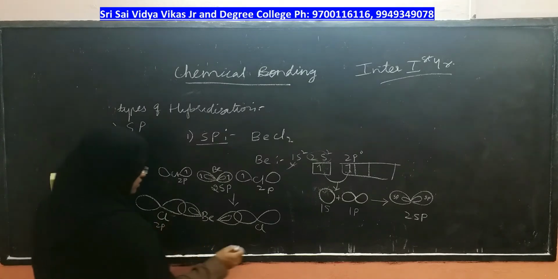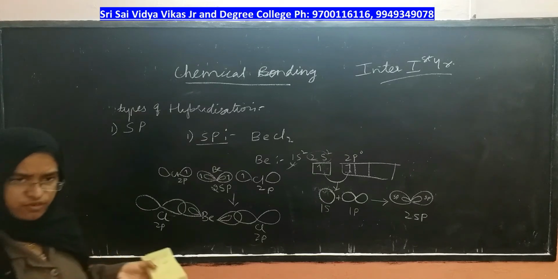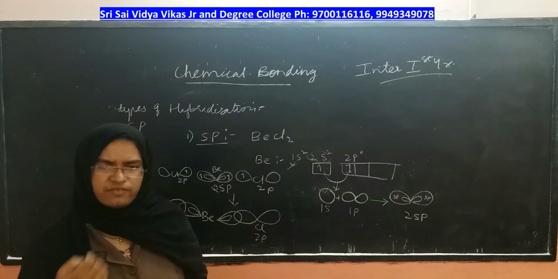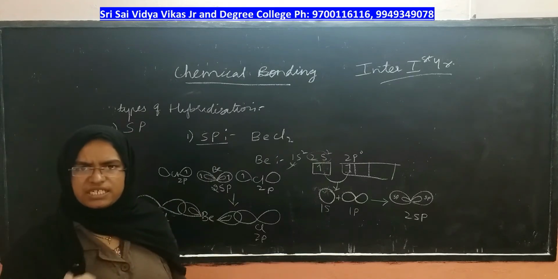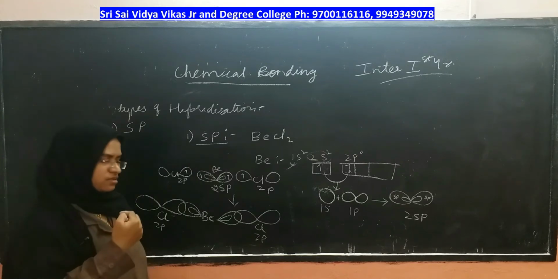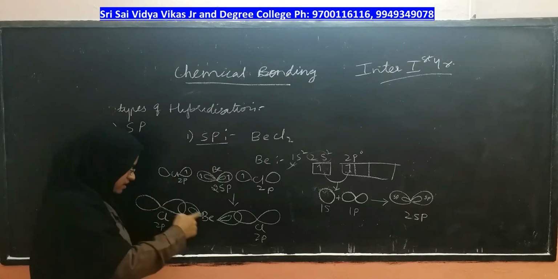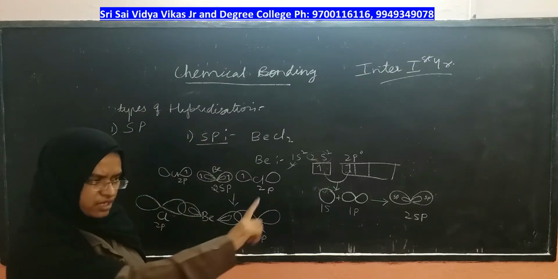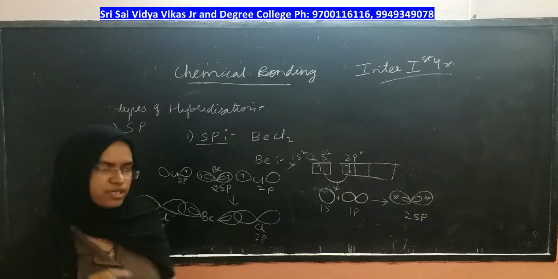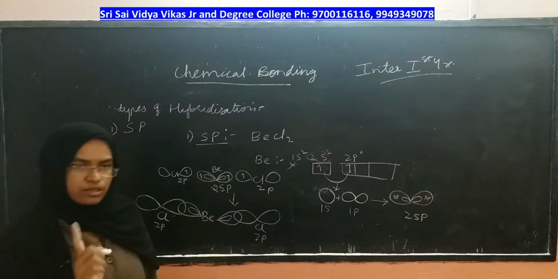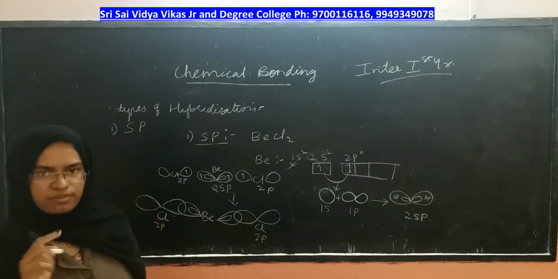Two p orbitals of chlorine. Chlorine doesn't need any hybridization. What is the job of chlorine? Suppose apples are with me and I should distribute them to everyone equally. The one who is taking doesn't have to do anything. Whatever it gets, it will take. So the responsibility is on me to give electrons or atomic orbitals equally to all the chlorines present around me. So hybridization takes place in the central atom of the molecule, not on the surrounding atoms. You have to remember this.